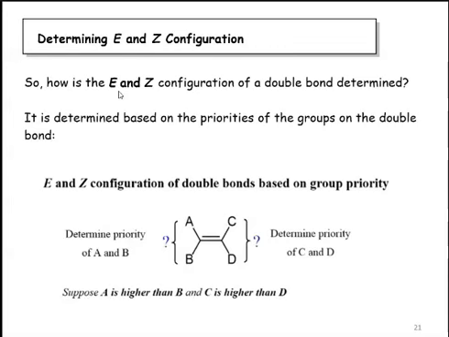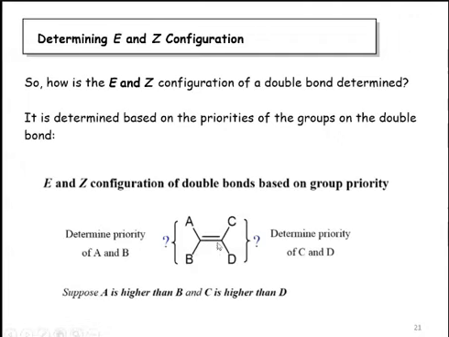This priority list is given in all the textbooks. We have to remember that priority list. Once we remember it, we can easily distinguish which functional group or atom attached to the double bond has higher priority,